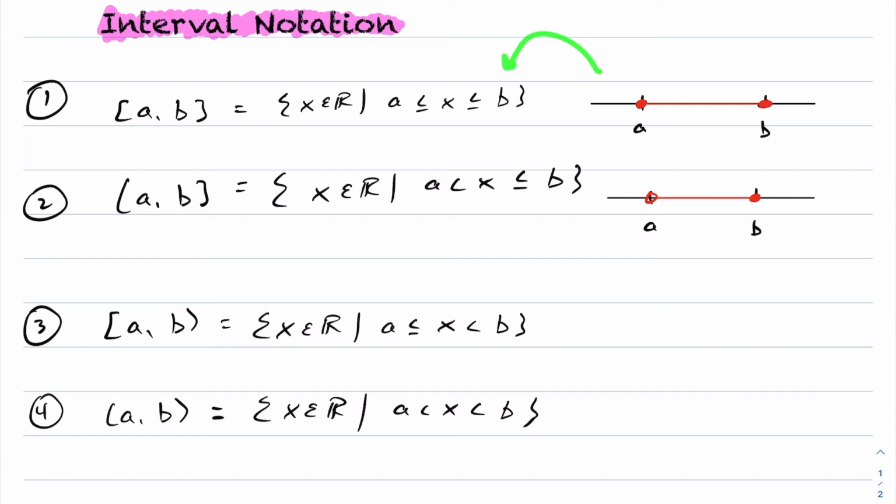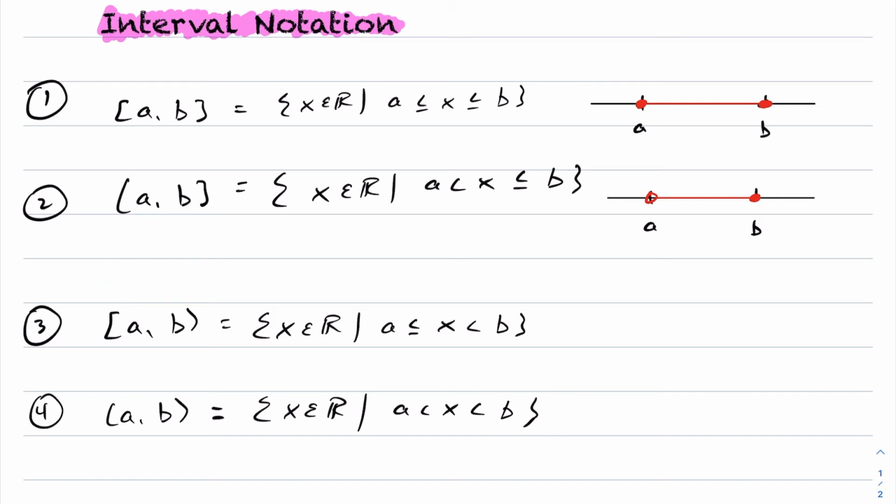Notice expressing this in set notation, we have x is greater than a, and x is less than or equal to b. Likewise in set notation here, x is strictly greater than a, and x is less than or equal to b. Taking a look at our third example here, we have square brackets on the a